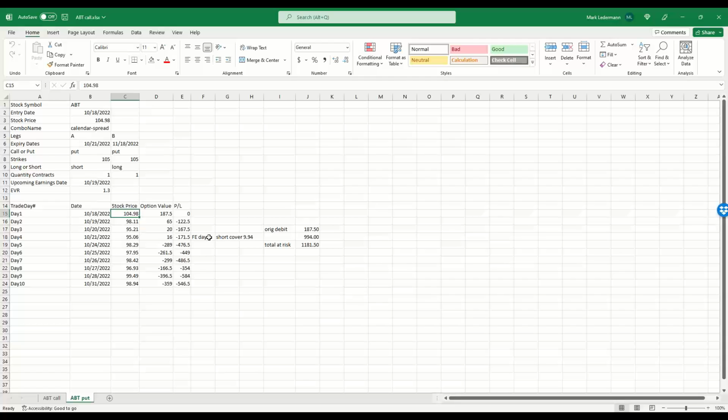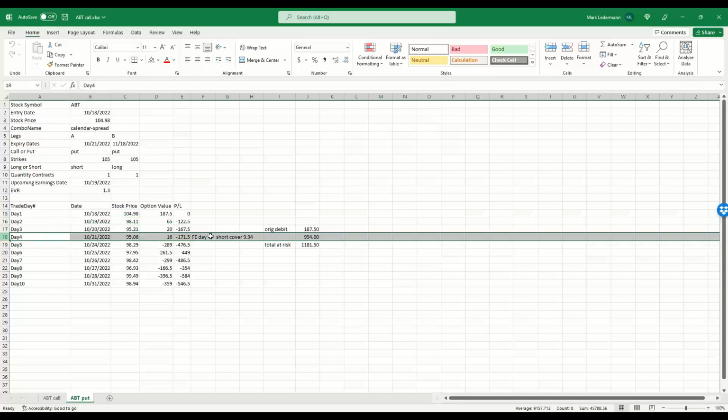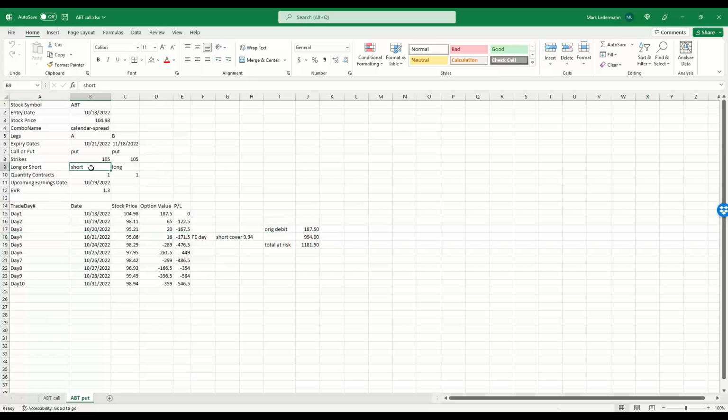So now, puts are calls, calls are puts is true in a calendar spread up to and including FE day. I'm highlighting FE day. What is FE day? That's the front expiration day. You see that in this case, we are short the 105 put. You see my cursor there? We are short the 105 put that expires on 10/21. That is the front options expiration day, okay? And I've just highlighted that here by typing that in manually, that this is FE day.